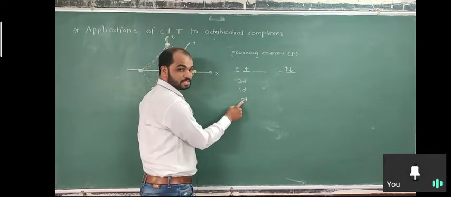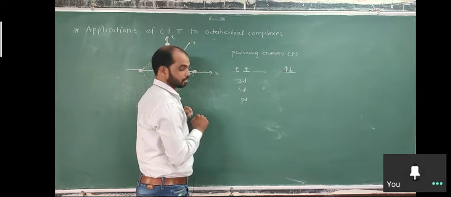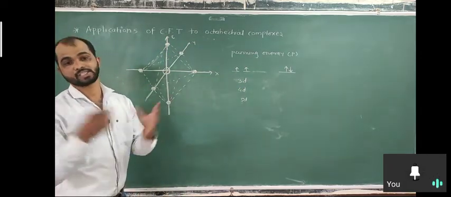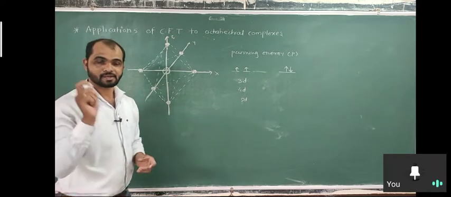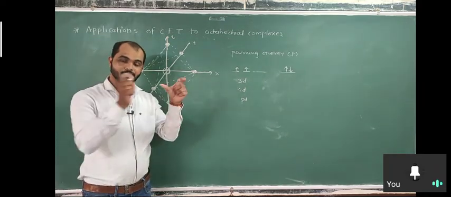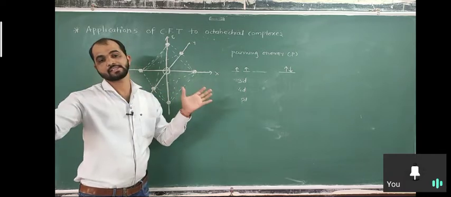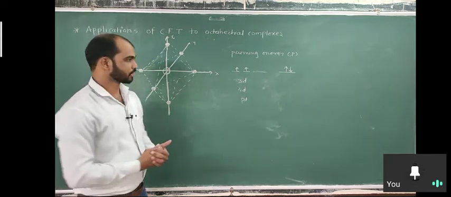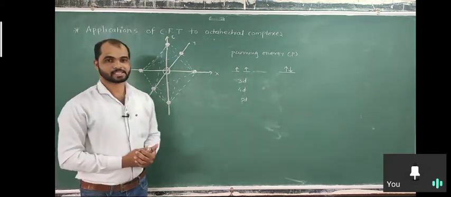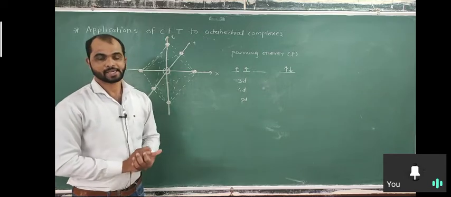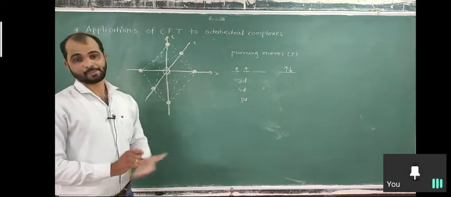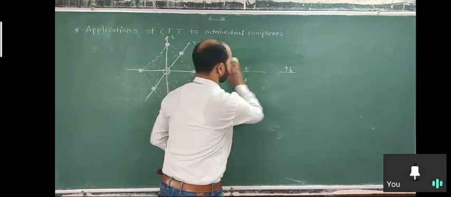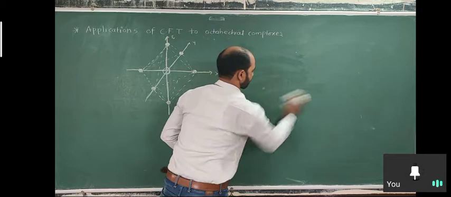For 5d, again less energy is required as compared to 3d and 4d, because when size increases the pairing is easier, since the attraction with the nucleus is minimized when size increases. So that's why pairing is easier and less energy is required. When we calculate the energy, we also calculate the pairing energy, which also stabilizes the complexes. So this is all about pairing energy. Pairing energy also exists in a complex.